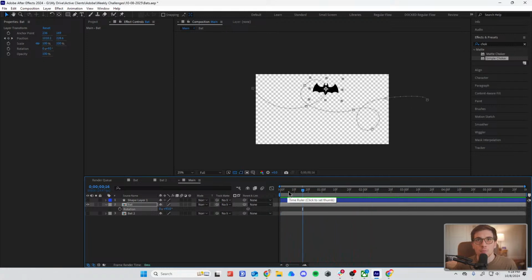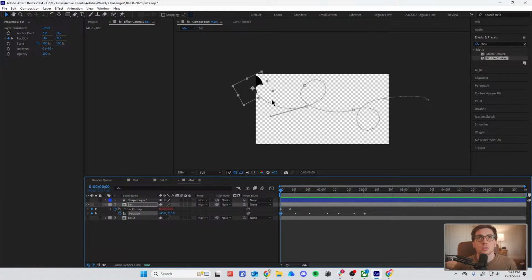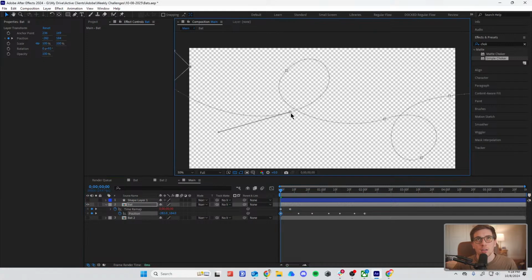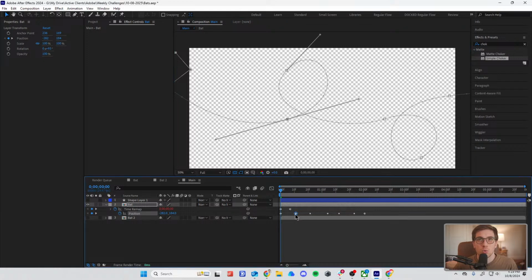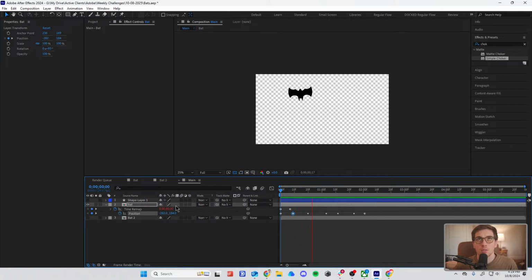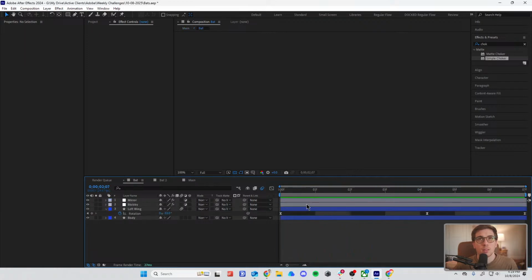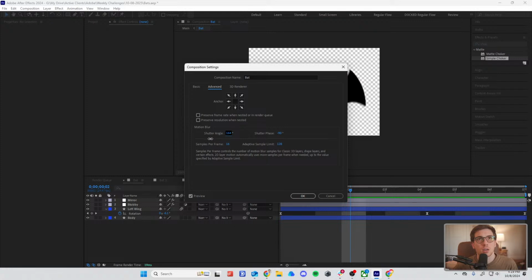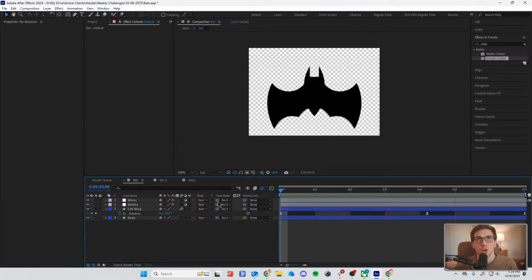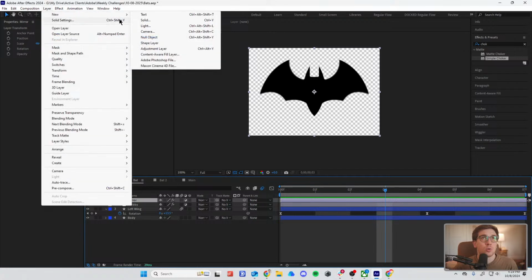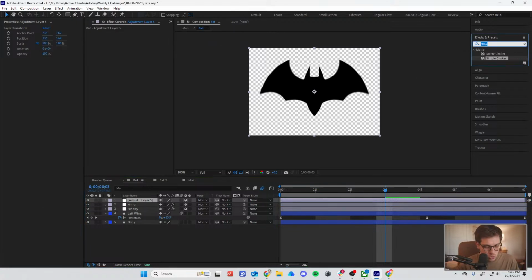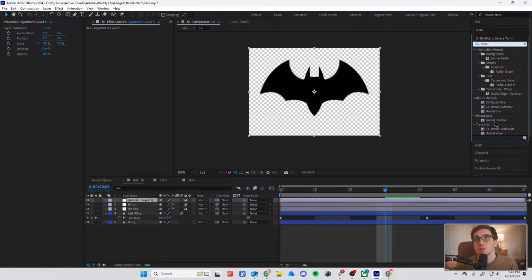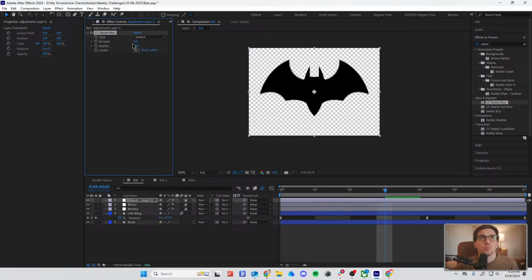Now, the cool thing here is you can still adjust this path to your delight. If you select the path and you move it, it will then adjust everything else for you, which is nice. And like I said, if you want him to maybe take a slower spin around, you can always do that as well. And then as before with this composition, let's say that the wings are maybe clipping in a weird way. Always remember you can lower this down. You can make this a different type of blur. Alternatively, you could also go into another adjustment layer and do a radial blur of sorts. Now this is going to be really nasty looking, but click and drag that radial blur, bring the amount up,